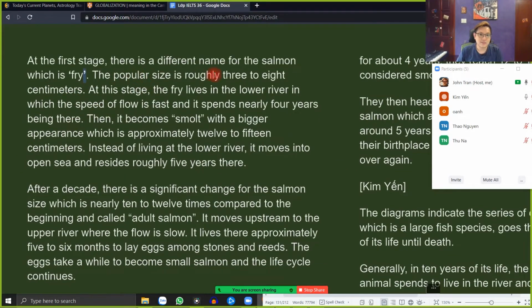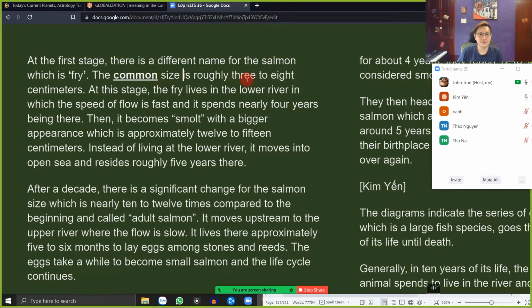Okay. The popular size is kích cỡ thông thường ha. Popular means it is a lot of people know it and they use it a lot, you know. However, here in this case, popular is not the right word to use. Trong trường hợp này, popular không phù hợp. Nó không phải là một cái kích cỡ thông dụng, mà phải là kích cỡ thông thường. In this case, common, it's a right word, okay? Cẩn thận các bạn, popular là thông dụng, nhiều người sử dụng hoặc là nhiều người biết tới. Còn common là thông thường, thường thấy được.